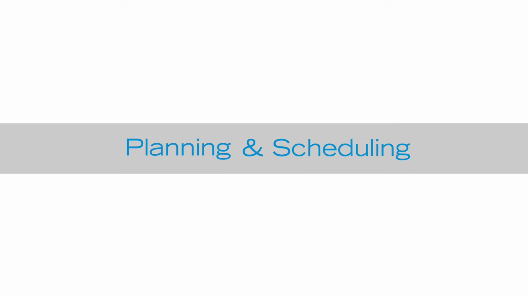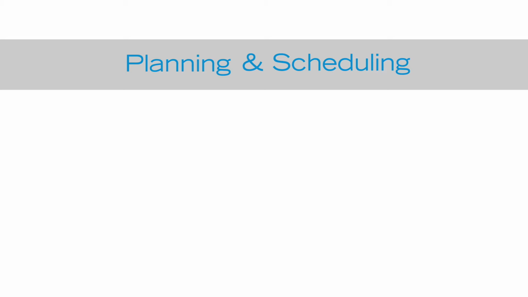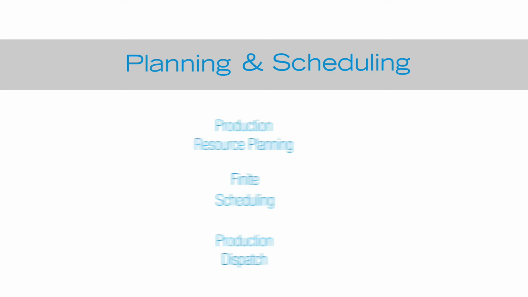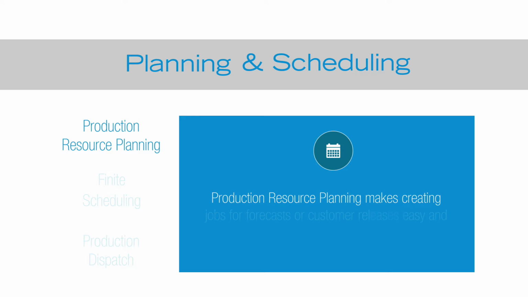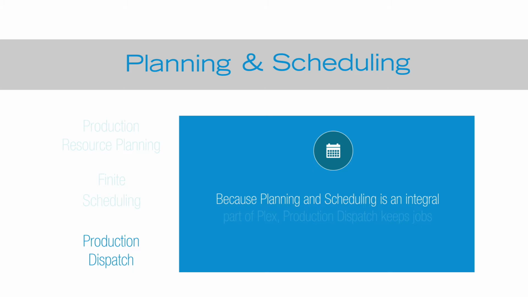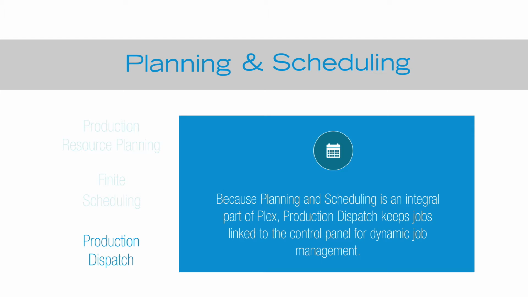Planning and scheduling is a key component of the Plex manufacturing cloud to enable production resource planning that extends into finite scheduling and ultimately digital production dispatch of jobs down to your work centers. Production resource planning makes creating jobs for forecast or customer releases easy and efficient. Finite scheduling helps you manage the finite resources of material, equipment capacity, and other resource constraints. And because planning and scheduling is an integral part of Plex, production dispatch keeps jobs linked to the control panel